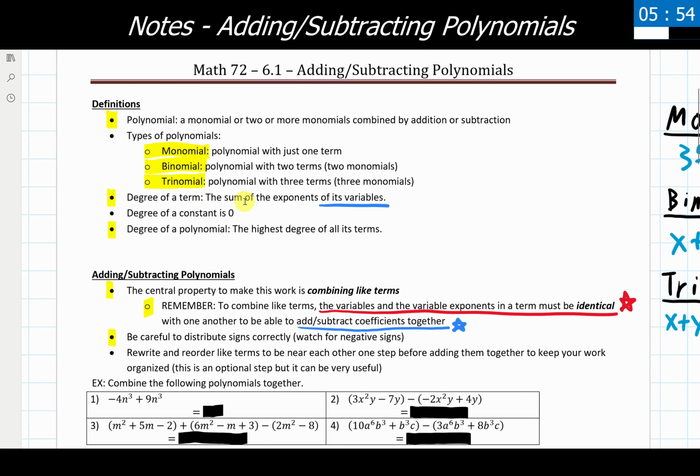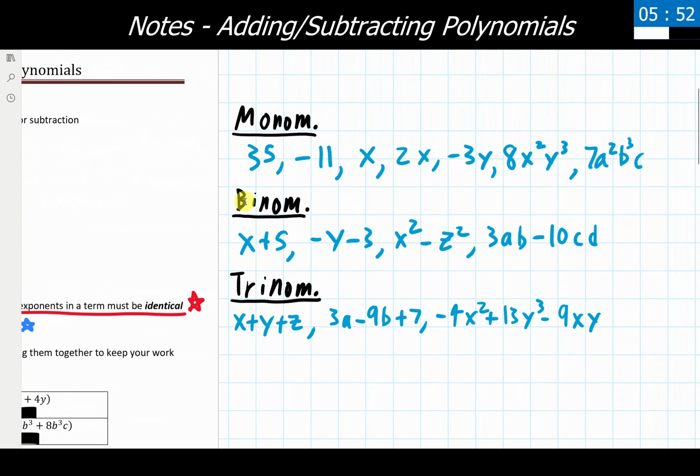So looking at some of the examples that we made over here off to the side, let's look at some of our monomials over here. What would the degree of this monomial be? Well, I would add the squared and the cubed together, so this monomial right here would have a degree of 5, the exponents adding together. What about this last one? I have an exponent of 2, an exponent of 3, and an exponent of, what's the invisible thing here? It's an invisible 1. So I would add 2 plus 3 plus 1. That gives me 6. The degree of this whole monomial, this whole term, would be 6.